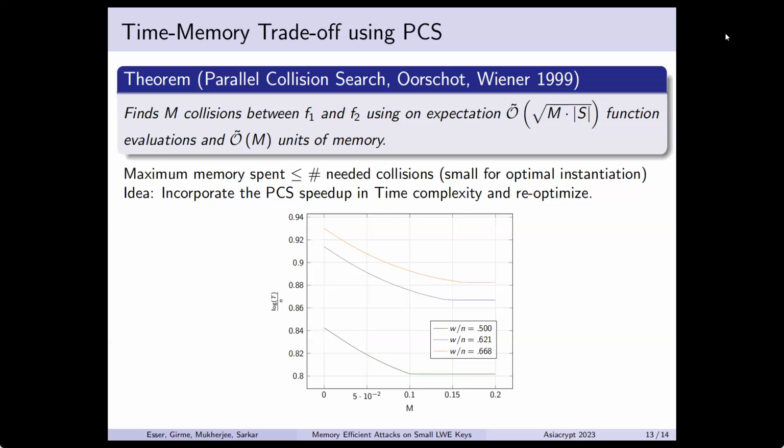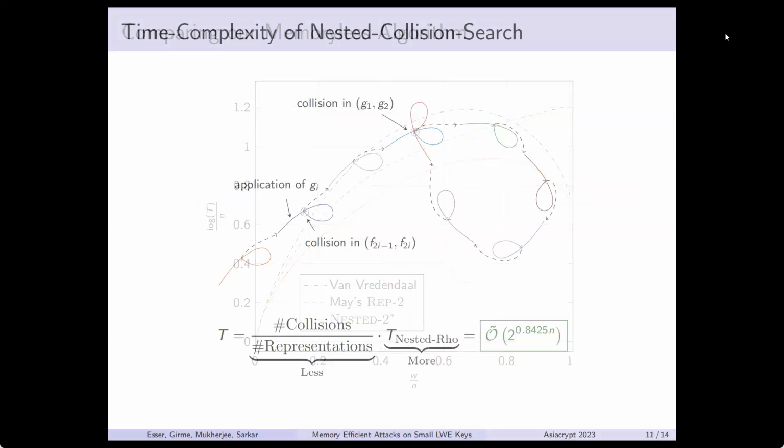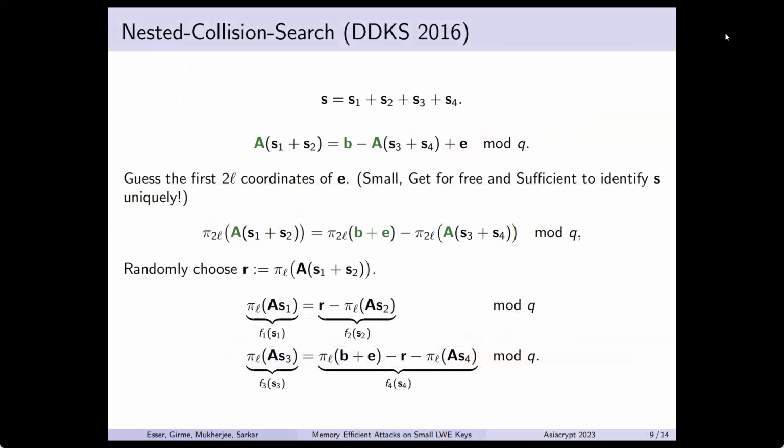See, it's not about samples. What I meant here is this error vector E. We just want to do it so that it doesn't affect the asymptotics. So we just guess only that many coordinates such that we can guess it for free. If you look at the paper, you will see what the exact value of this figure is and why we can do it for exponential. Okay, thank you.